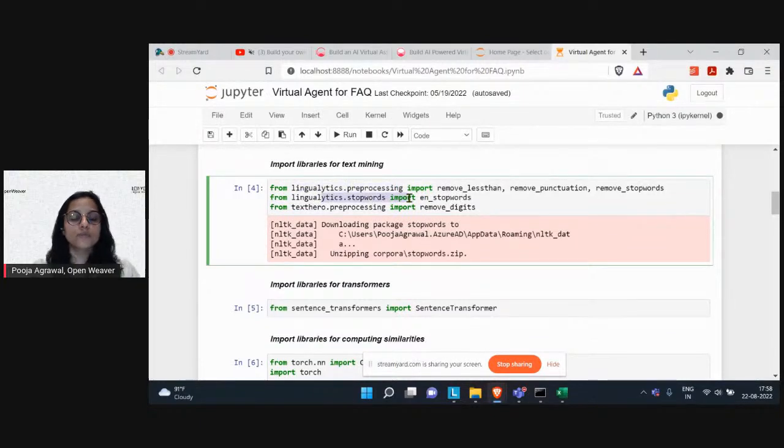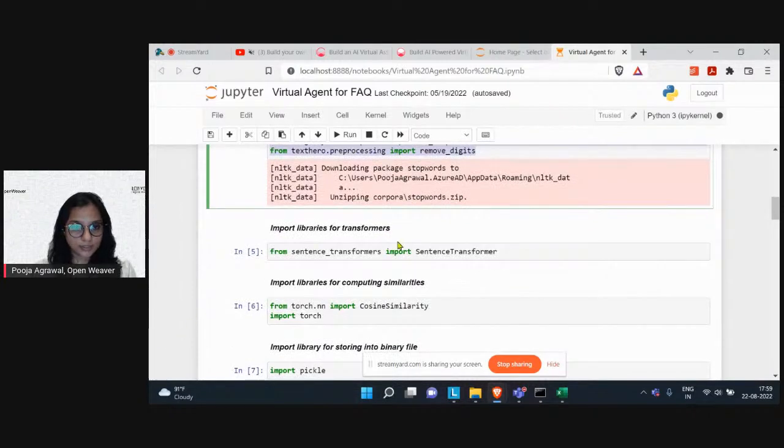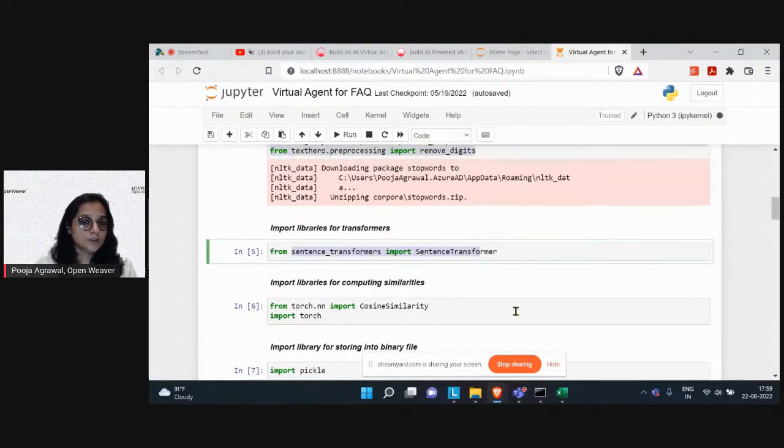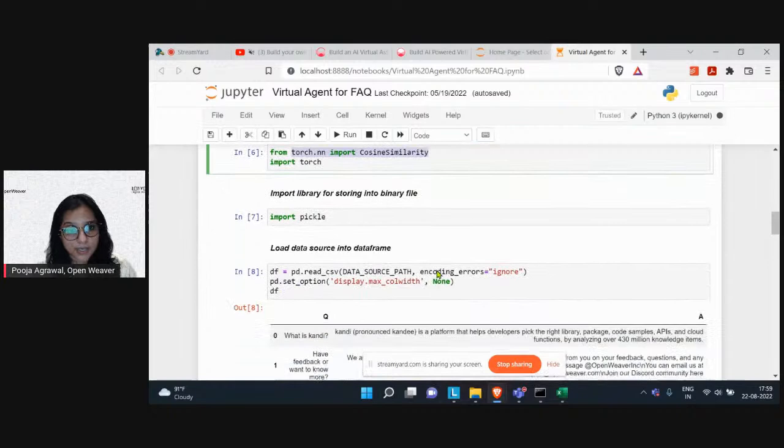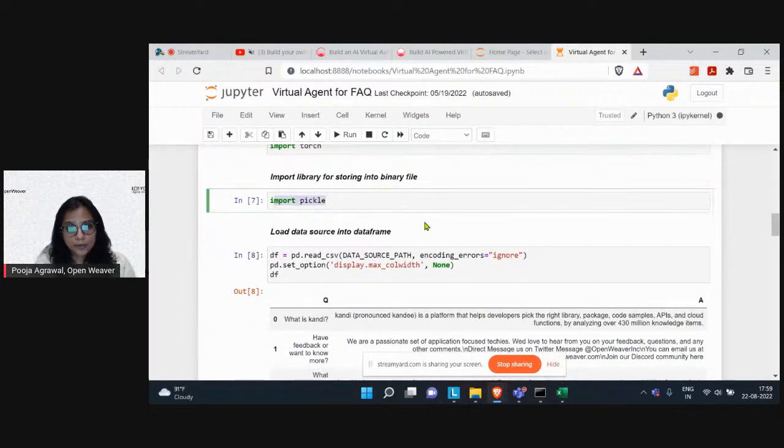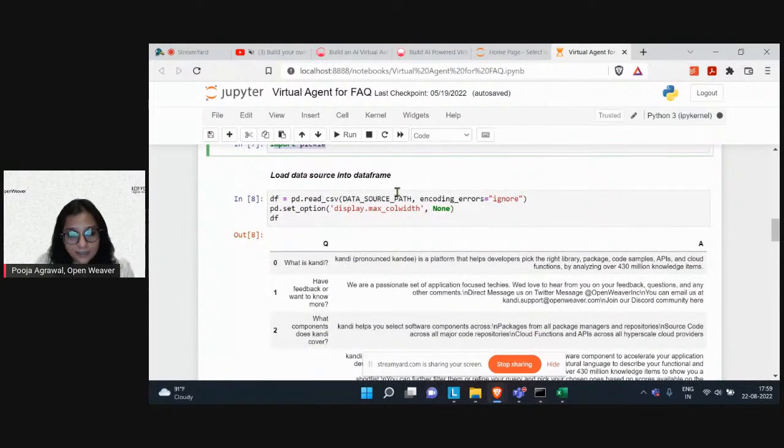After you have cleaned all this, and after you've done all the text mining, what is next that is required to be done is your sentence transformer. So we talked about it. After the pre-processing, I have to convert it into low level machine understandable form. So I'm importing the library for it. Next is your cosine similarity for the testing purpose. Pickle to store my model. All the imports are done.